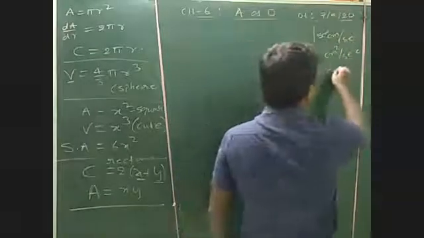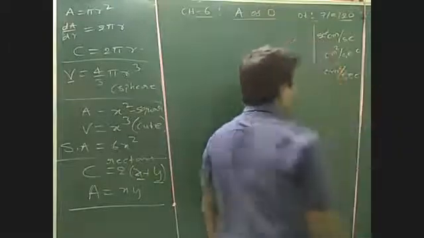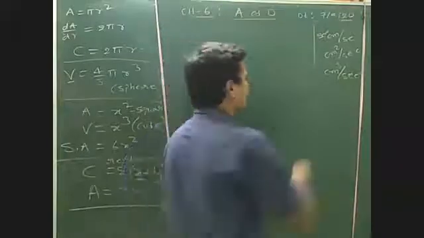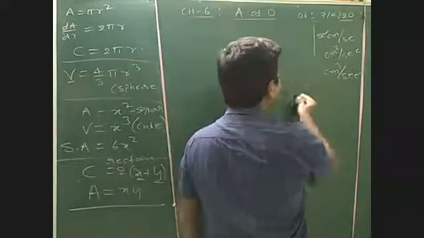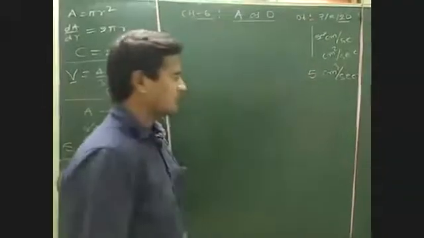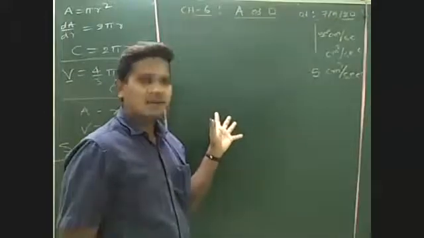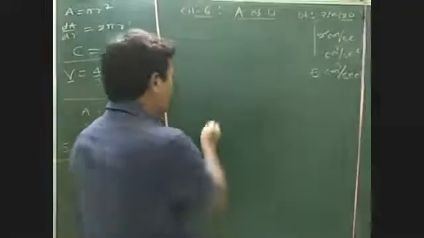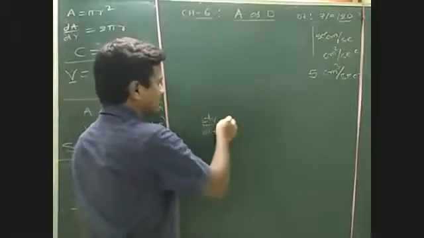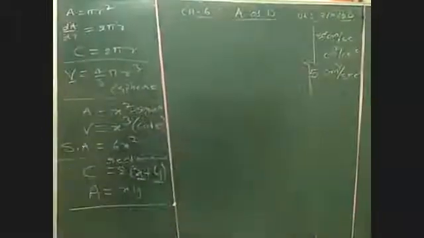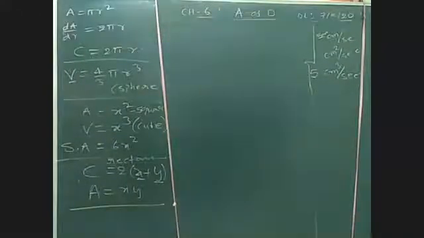So centimeter cube by second represents the rate of change of volume. In the question, they will give the rate of change of volume of a cube like 5 centimeter cube by second. Sometimes they may ask: find the rate of change of volume of a sphere, nothing but dV by dt. We need to find that. Based on the question, all questions are very easy. You can easily get the answer. First question, look here.